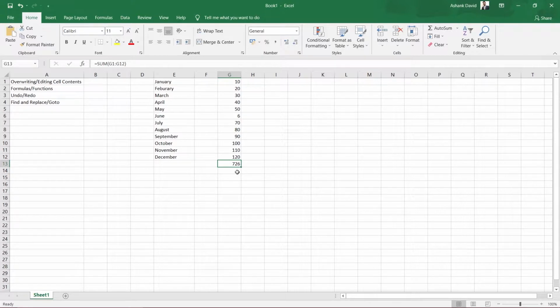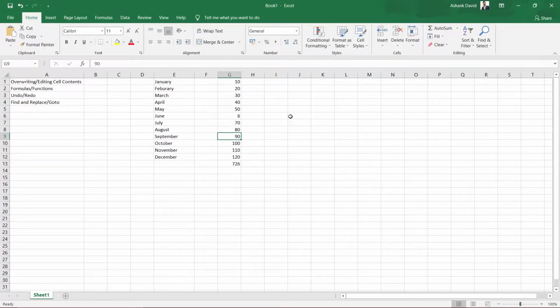Now let's suppose we want to create our own formula. Sometimes you want to do some other type of calculation, but you don't have that particular function already available in your Excel worksheet. For that, we create our own formulas. How can you do that? Let's say we want to sum these again, but not all of them. Instead, we just want to sum some of the numbers here.